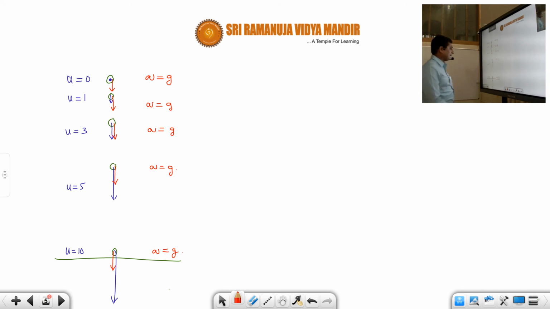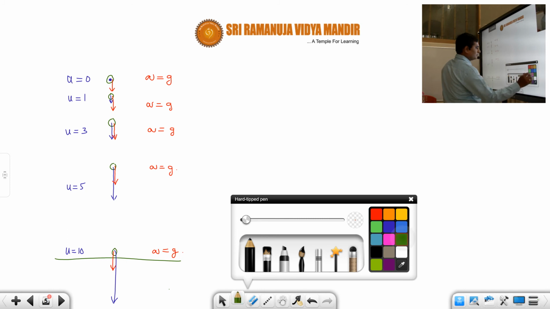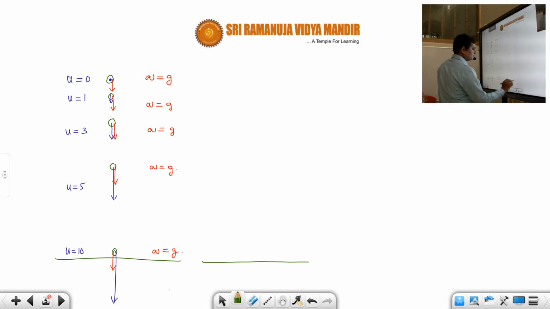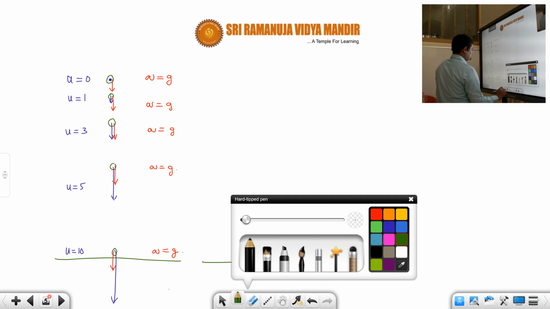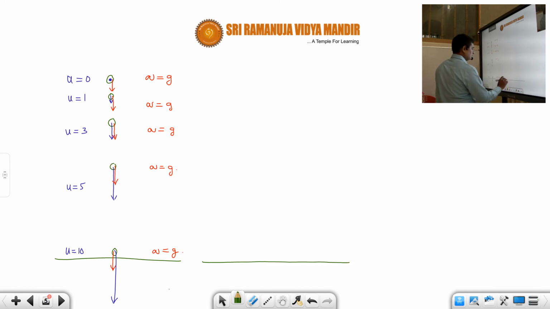Okay. Next, the second case is where the ball is thrown vertically upwards from the ground. Thrown vertically upwards from the ground. Second case. Okay, now let us see the second case, students. So here it is thrown with some velocity. Correct or not, students? So what will happen?